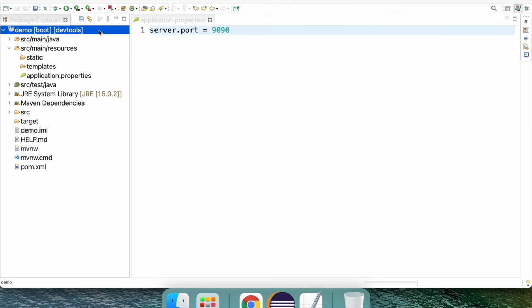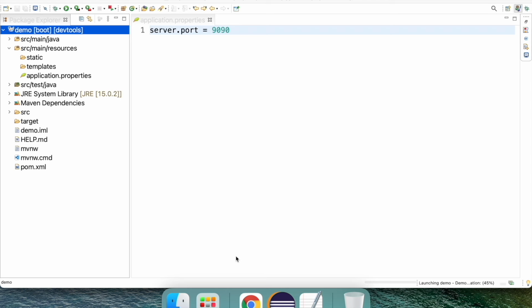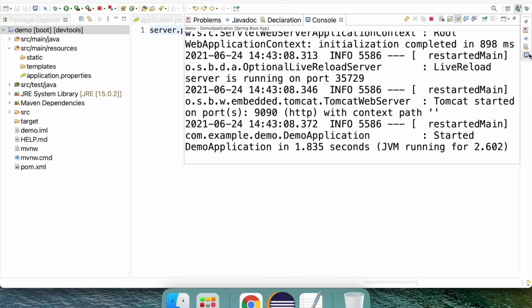Yes, the build is a success. Let me just run. Yes, Tomcat is started at port 9090. So in this way we can override the existing properties.